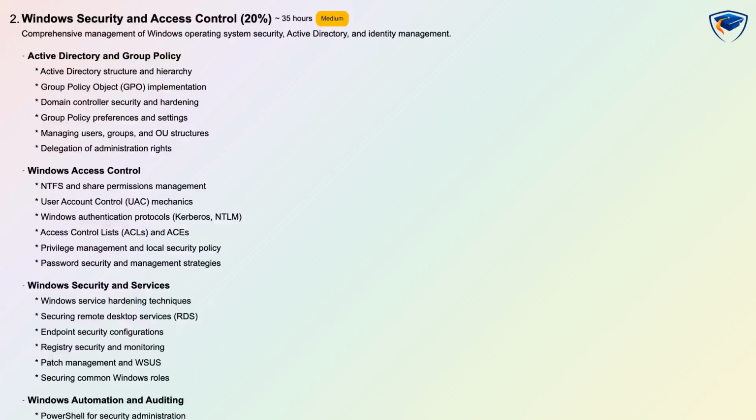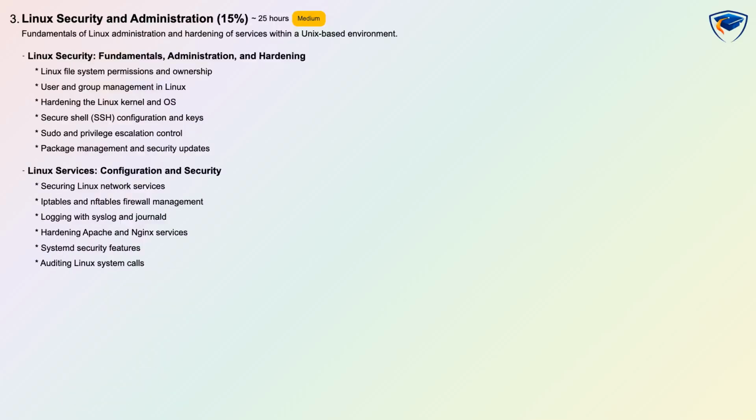for threat hunting. Linux security and administration is 15%, medium difficulty, with an estimated 25 hours and hands-on assessment components. You will learn core Linux administration and hardening, including file system permissions, user and group management, sudo controls, and kernel hardening. The syllabus includes SSH configuration and key management, package and update practices, and service hardening for Apache and Nginx. You will also study firewall tools like iptables and nftables, system security features, logging with syslog and journal, and auditing